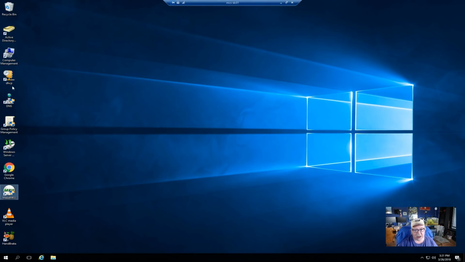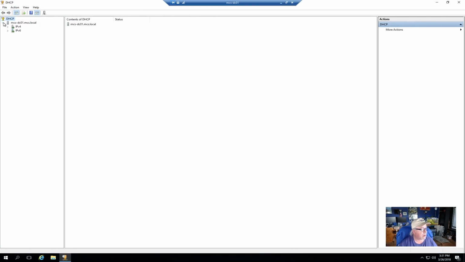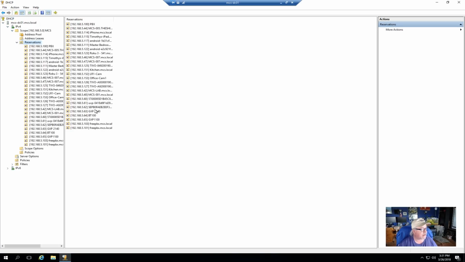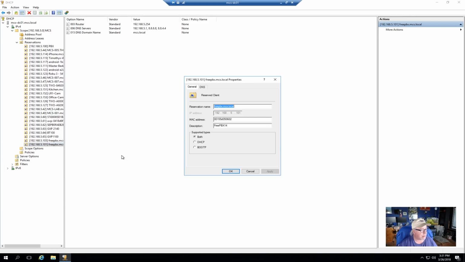So I'm over on my Active Directory domain controller, which is where my DHCP server is located, and I'm going to load the DHCP console, come out here to my scope, and go under reservations. Now I had a reservation out here for FreePBX, as you can see right here. So this is the one I'm going to change, and I should be able to come to properties and enter the MAC address, which was